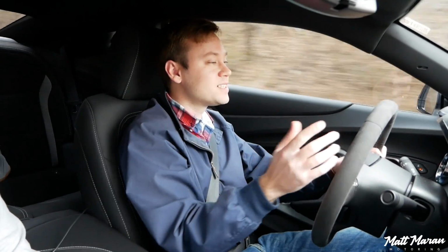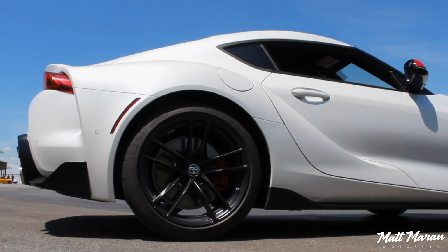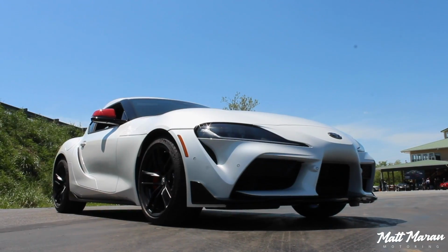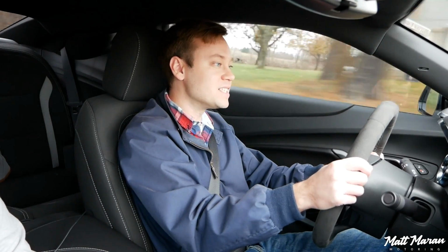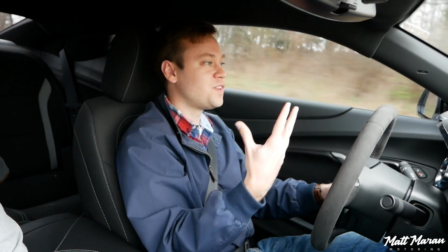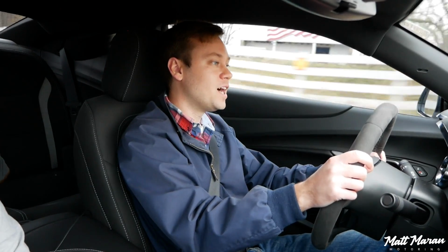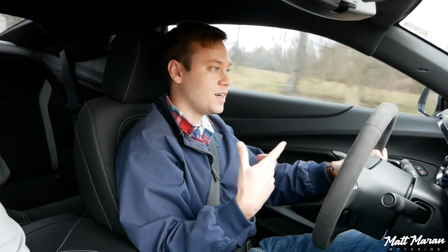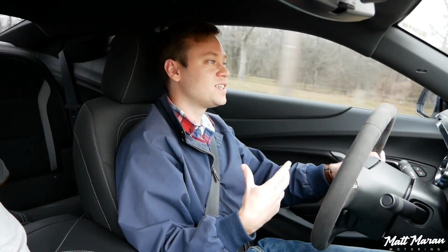And also, honestly, you can compare this even to the new Supra. Obviously, the Supra's got like 80 more pound-feet of torque, so as far as straight line performance goes, the new Supra is going to be much faster. But as far as handling goes, they're actually very similar visibility-wise. The Supra visibility isn't great either, so it's a fairly similar feeling from behind the wheel as far as the driving position and visibility go. But I think the Supra is livelier with its handling as well. This has a little bit more of a predictable character,